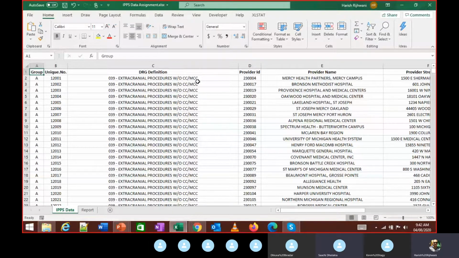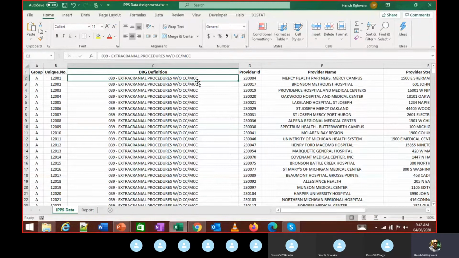What is DRG? So DRG is diagnosis related grouping. In terms of ICD, we talked about ICD codes, diagnosis codes. Here we group multiple diagnoses into one particular number.